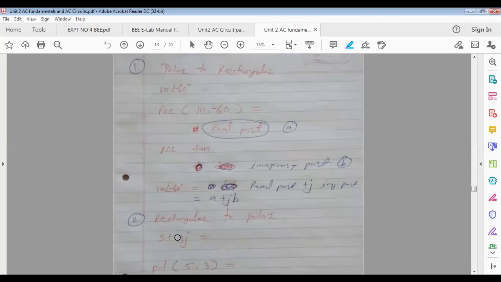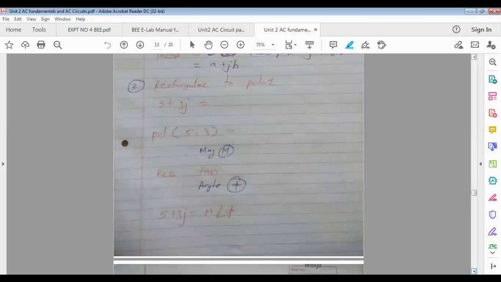Okay, so how to do? This is in rectangular. I wanted to convert it to polar. So what will I write? Polar of. Press the button, again the same thing. What you have to do? Shift plus sign. So on screen it displays polar and bracket. Is it displaying polar and bracket? Yes, ma'am. Then put real part, comma, imaginary part. Whatever the sign is, put as it is. So 5, comma, plus 3. Just enter 3, complete the bracket and press equal to.